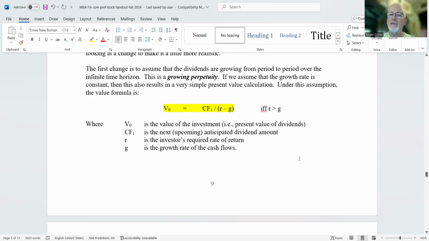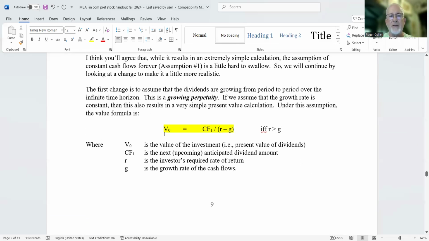Right? Now, if you take a second and compare this formula for a growing perpetuity to the formula for a constant perpetuity, they're really the same. Yeah, and I can hear you thinking, no, they're not. This one has a 1, this one has G. Yeah, except